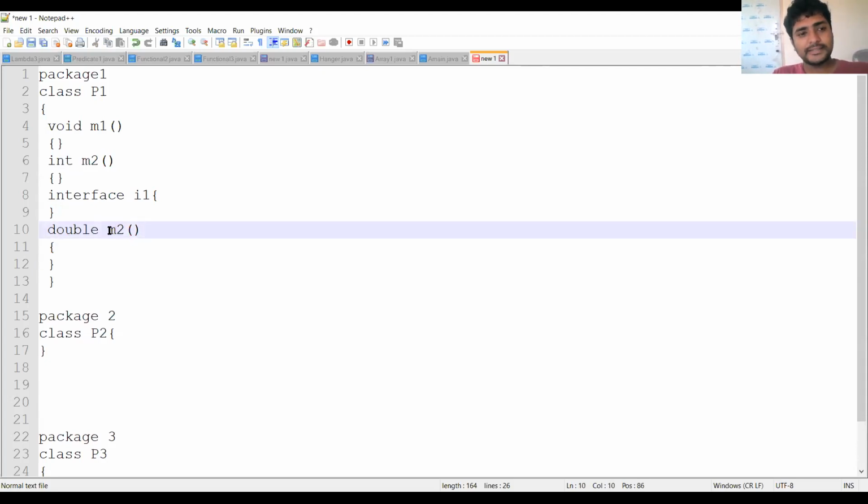So here the method has the same name. That means method overloading or overriding may happen. If it is an inheritance concept, overriding will happen. If not, overloading will happen.